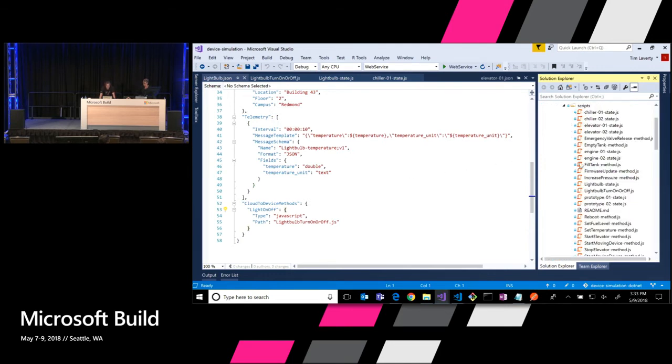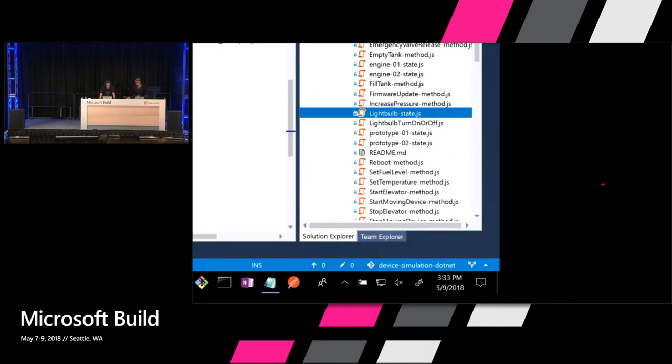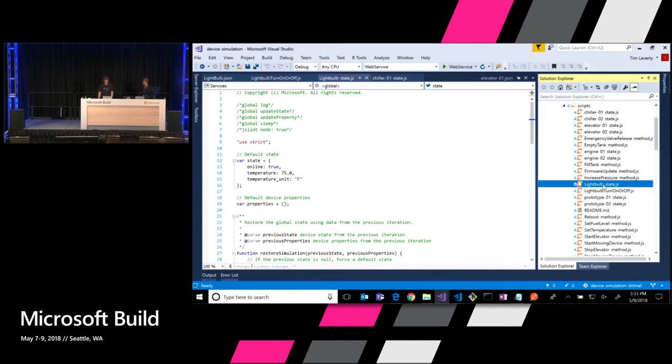If you look under the scripts folder, here we have our state machine file, and we've got our method implementation JavaScript file as well. That's it. Building this JSON file, and building the supporting JavaScript files for state machine and method implementation. They plug into the code base, and the simulator will simulate them. I've already configured this particular code to just simulate one light bulb. That's it. So if we run this,